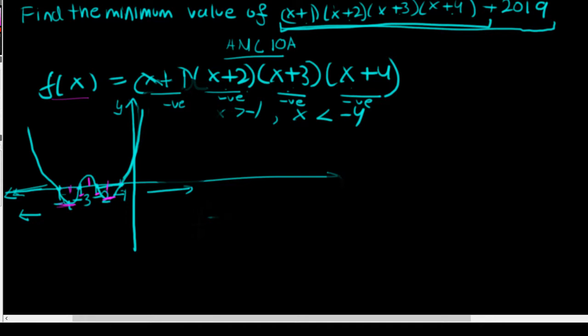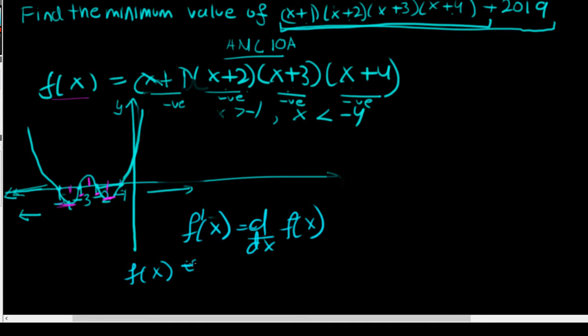So I would have to find f dash x. I will have to differentiate f of x, and differentiating f of x will give me a cubic polynomial. F of x is right now a quartic polynomial. So let me just write that down. F of x is a quartic polynomial